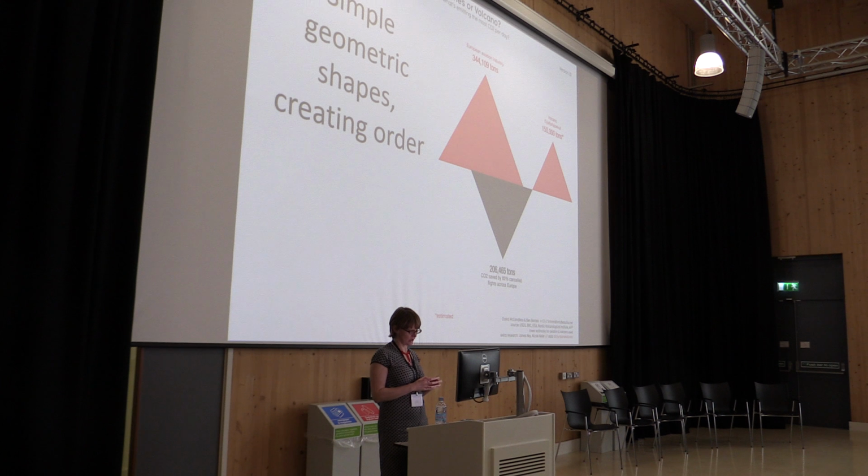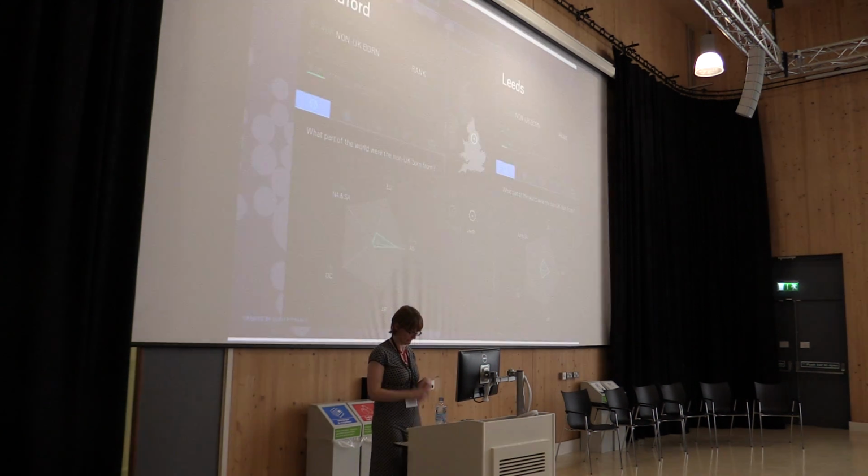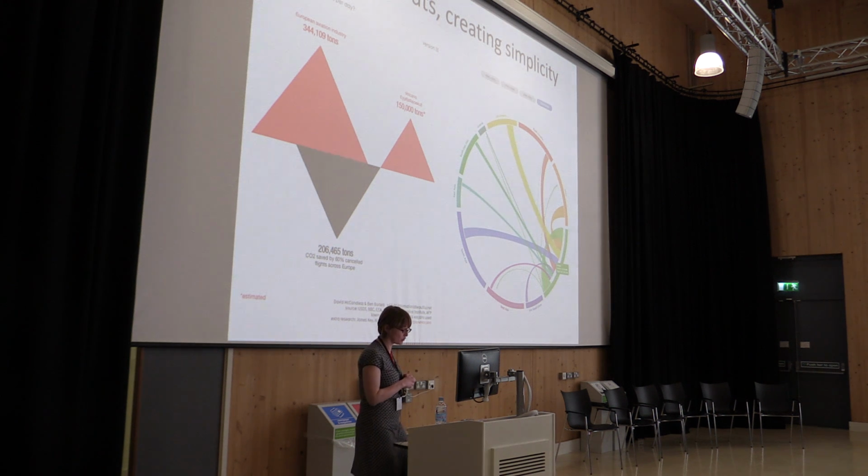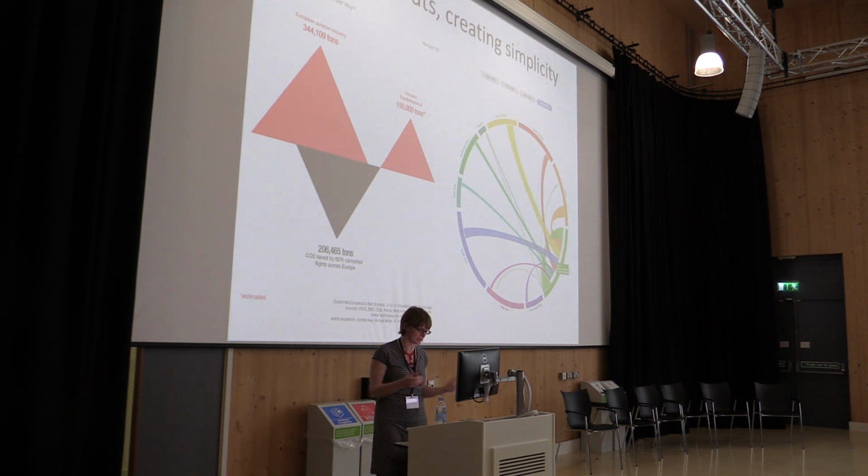Another convention that we look at is the use of simple geometric shapes. So rectangles, circles, triangles, pentagons create what another visual culture commentator, Gombrich, calls a sense of order. Their use simplifies data, highlighting only some of their characteristics. Another convention that we talk about is the use of clean layouts, which we say creates a sense of simplicity. So data visualizations are often marked by an absence of decoration, and you then get this aura of clarity and simplicity, which has rhetorical, persuasive effects.